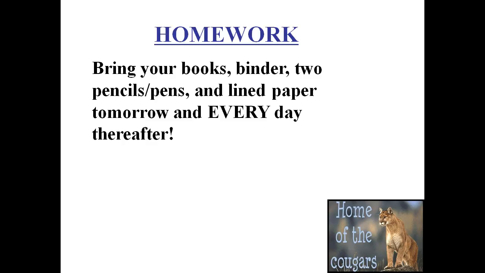One thing I do want to mention regarding taking notes is you do not have to take them down verbatim. That means word by word. You can go ahead and summarize. In fact, I encourage that because that allows you to synthesize the notes a little bit better. So I require complete notes, but they can be summarized.